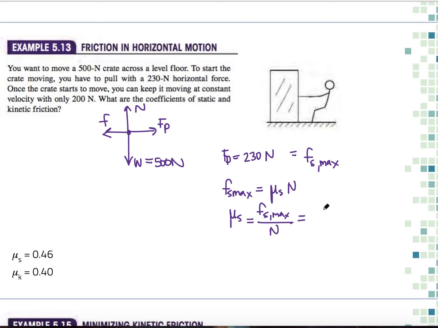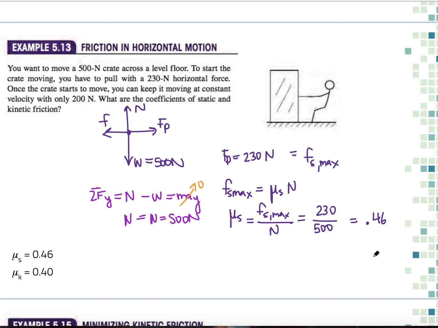So substituting here, I'm just going to have 230 over my, I need to get my normal force. So how do I get normal? Well, the sum of forces in the y direction is going to be normal force minus weight is equal to ma in the y. And I am not accelerating in the y direction, right? I am not lifting up off the ground. So my normal force is equal to my weight, which is 500 newtons. So I go back and I'm dividing 230 by 500, and you see that this just works out to be